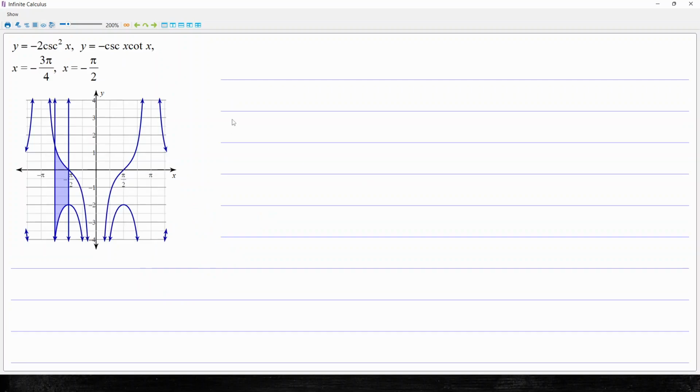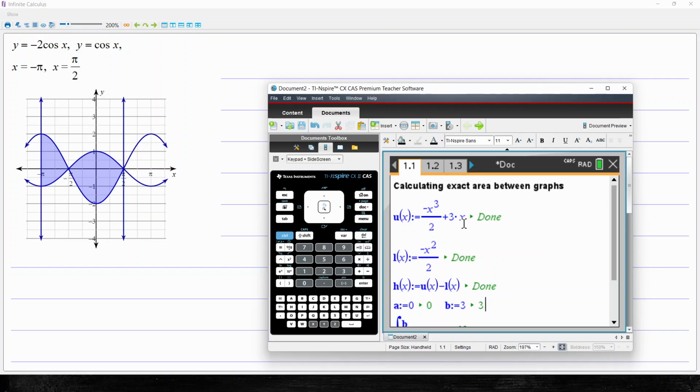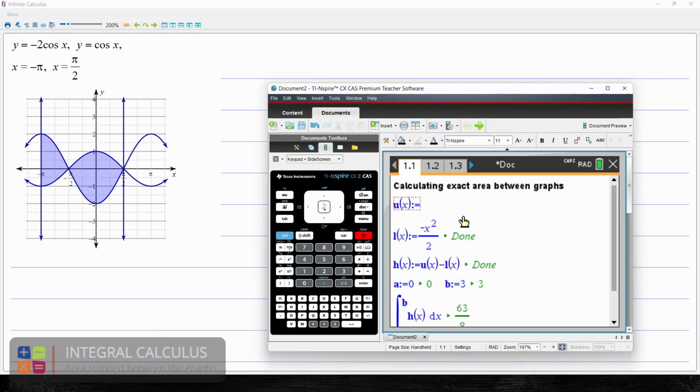A few more examples are given which I would like you to explore. I think this example is not from the VCE. So you can try this one where you have to find the bounded area between the two graphs and the x values are from -pi to pi/2. So let's try with the help of the CAS calculator if we can do it. The upper function we can define as a minus cos of 2x minus 2 cos of